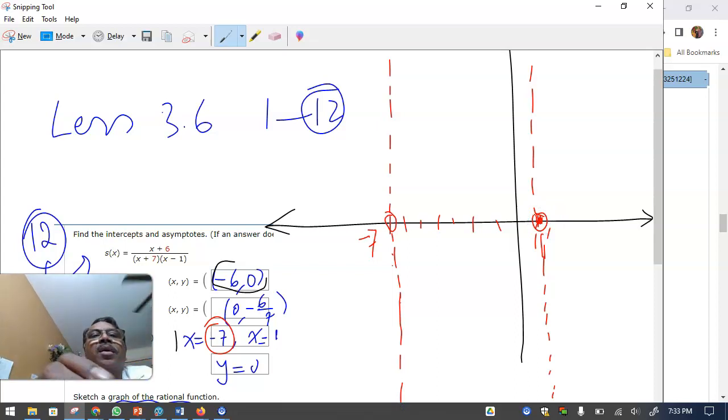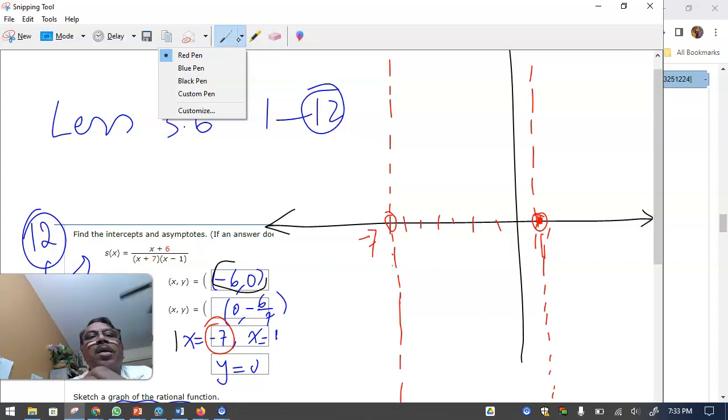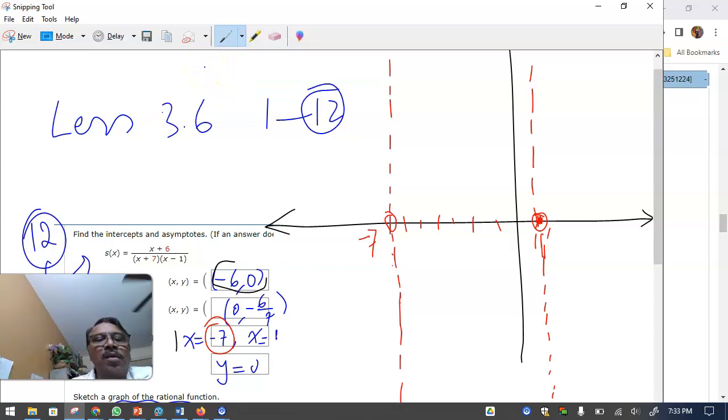Then let me use a different color, maybe the blue color, to show the horizontal asymptote. So the horizontal asymptote is the x-axis. So I'm going to draw it dotted right here. What you need to notice is that the x-axis breaks the whole thing, with the x-intercept